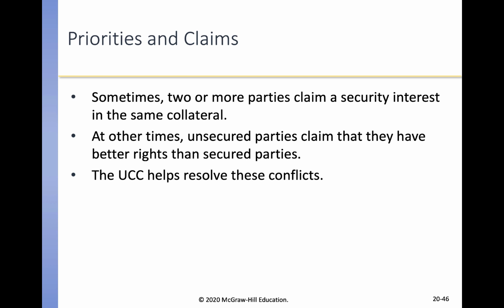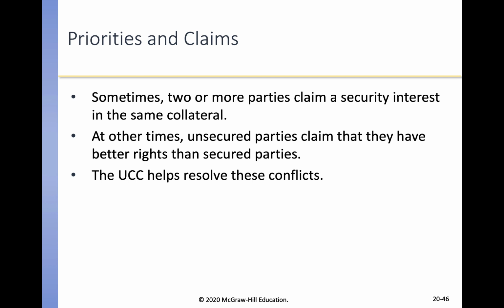So this is why attachment and perfection is important, because those first rules I read to you were very specific, but those last three are general, and most things fall under those general rules. So I'm going to go over those again. So first, a perfected security interest is always going to prevail over an unperfected security interest. So if I am owed money and I never took the time to perfect it, and I lent that money in 2005, and a new lender lends money in 2020 and they perfect it, they win over me. They can repossess that collateral before I can repossess that collateral.